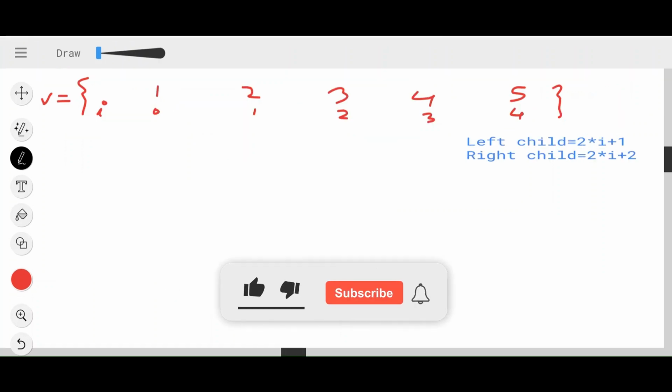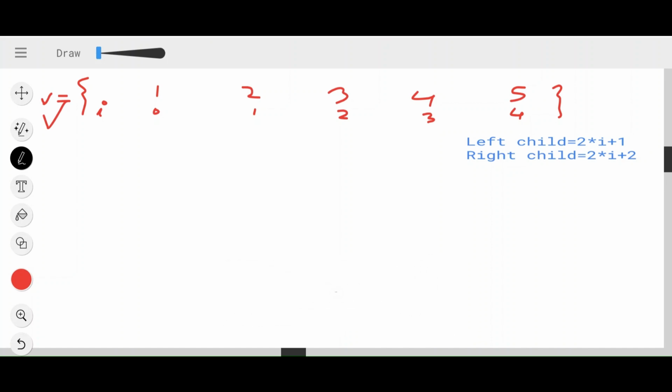So here I've stored all the values of the linked list into this vector array, and now we need to construct the binary tree. So I'll use recursion to construct this binary tree. Since my array index starts with 0, I'll assume this particular element to be the root node. So this is the root element. Since I'm using recursion, at first I'll construct the left subtree and then I'll move to the right subtree if there's any right subtree.